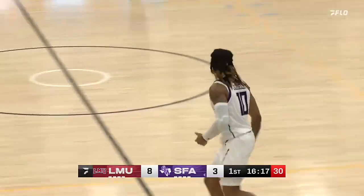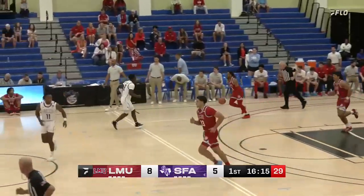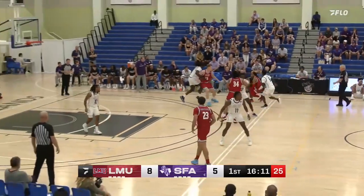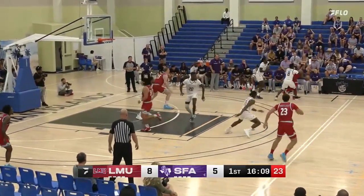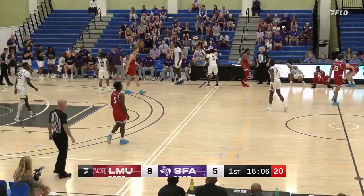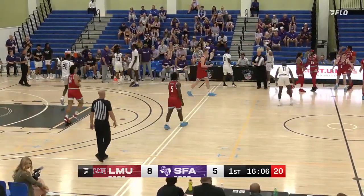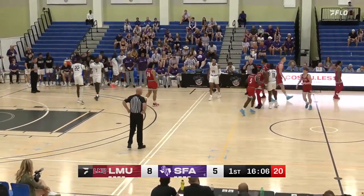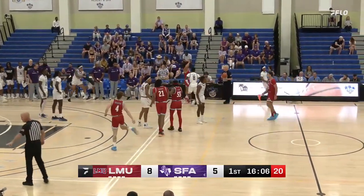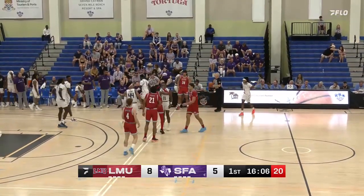Giselle, and Stephen F. Austin heating up. 7th 3 of the season for the 40% shooter. They attack the rim. They'll knock in that open 3. And right now, if you're the Lions, they're doing a really good job, Matt, at controlling tempo, not turning the ball over, playing at the pace they want to play at. The Lumberjacks will wear you out, foul you out, and run you out of the gym, but